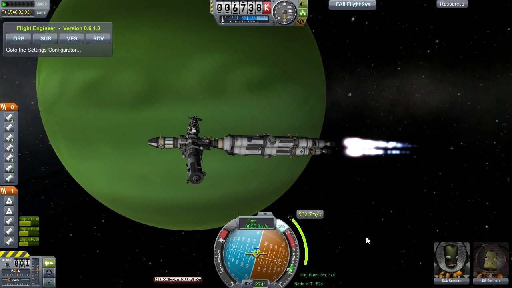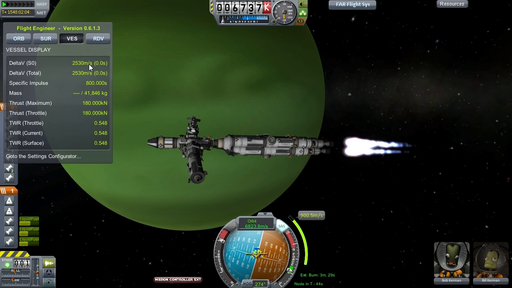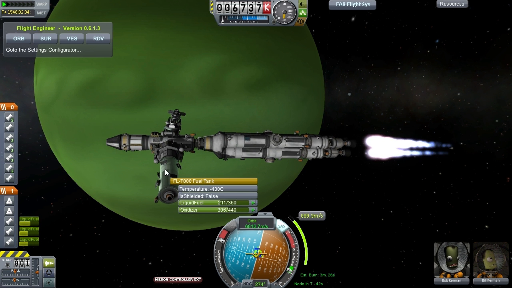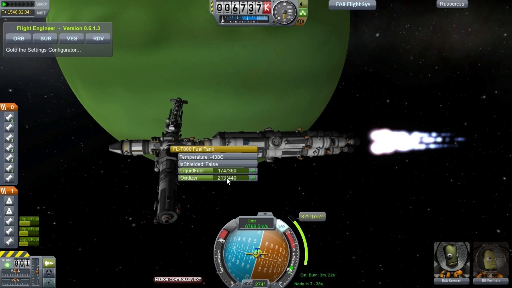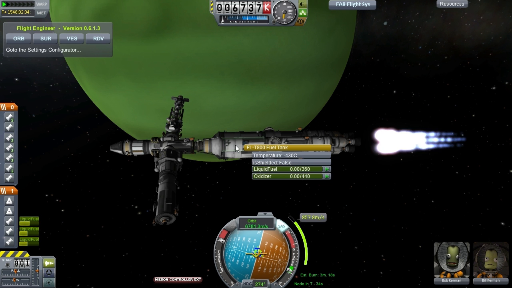So here we are at the last hard burn, I think, for this vessel. 900 meters per second should easily be possible. Let's ask the engineer plugin how much delta-v is left in our ship. It says we have 2500 meters per second left, and I think that's not counting this tank. It's probably counting this tank because that is currently being drained, and it might not count this tank. So we could have a little bit more, but we won't have a huge...